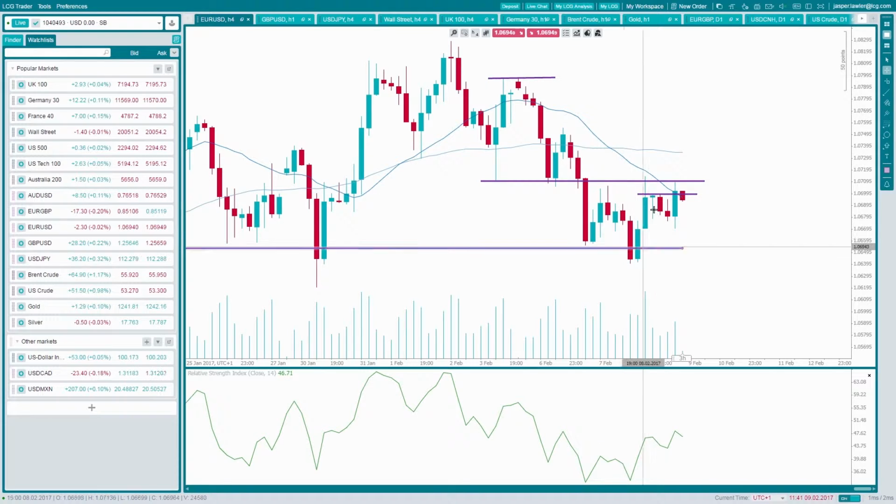This is potentially an inverse head and shoulders, but really what we want is a close on a short-term basis above that 107.10, more like the 107.15 mark, above this peak here. We'd have a better indication that maybe the euro is going to start pushing higher again. So we're watching this 107.10 level to see if we can get some extra momentum. At the moment, the market is dipping down. If we drop back below the low of this 4-hour candlestick, around the 106.70 mark, probably we're not quite in for this break higher yet.